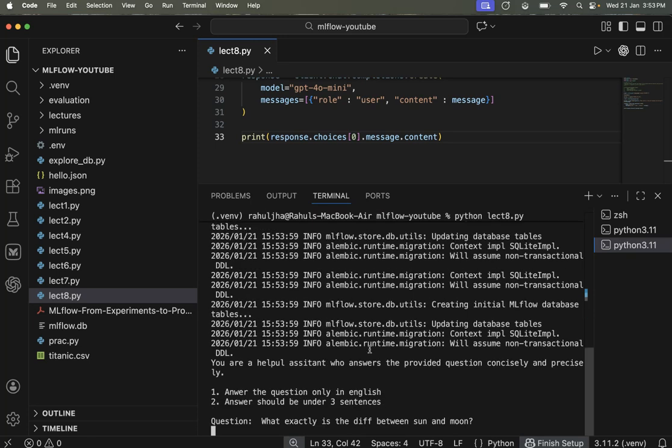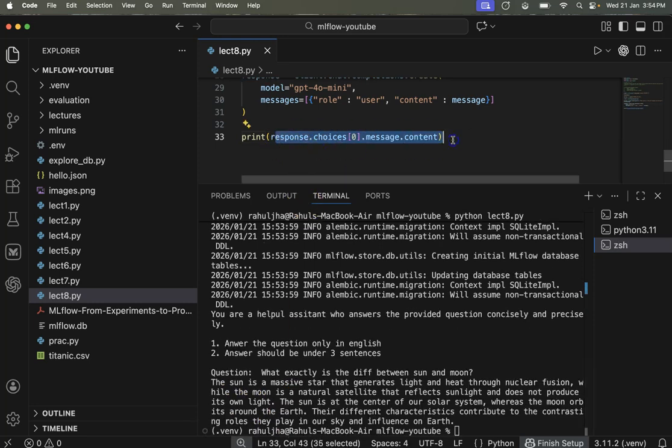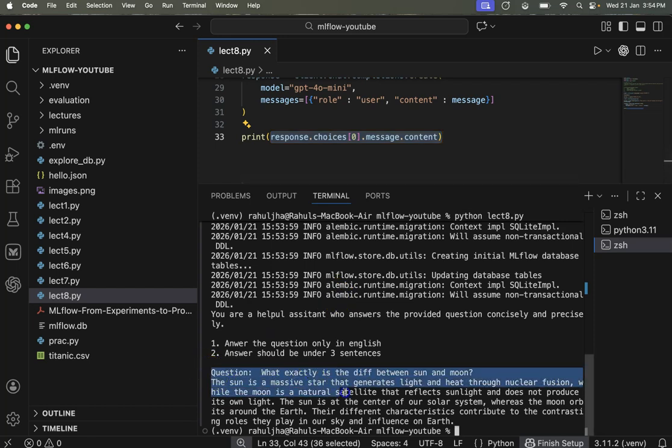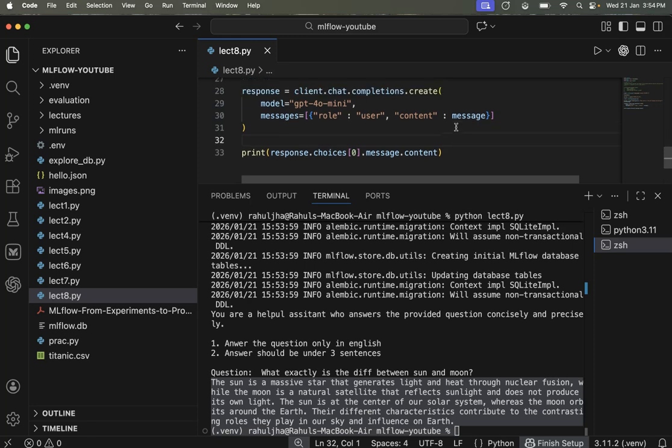Now currently remember that we are not logging these things like responses. That is a topic of separate discussion, because the logging of both inputs and outputs in MLflow is going to be called traces in MLflow, but we will be covering that in some later video when we start discussing the evaluation, prompt evaluation. So you see this is what is being returned by the OpenAI. So I hope it was clear.